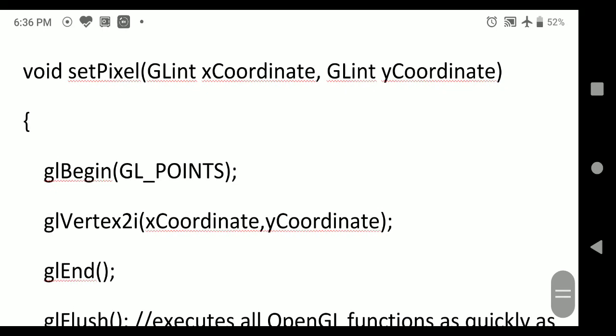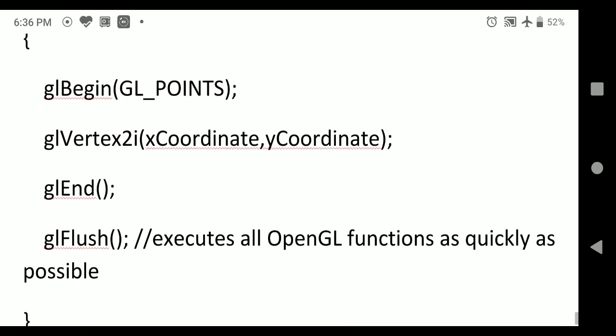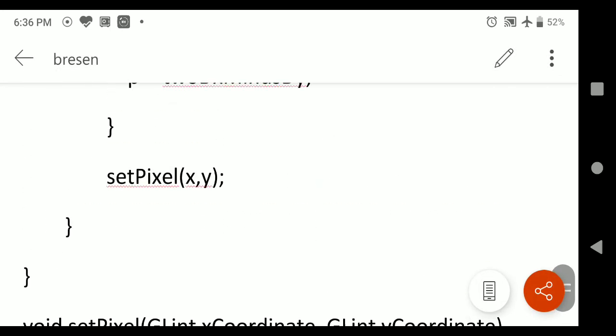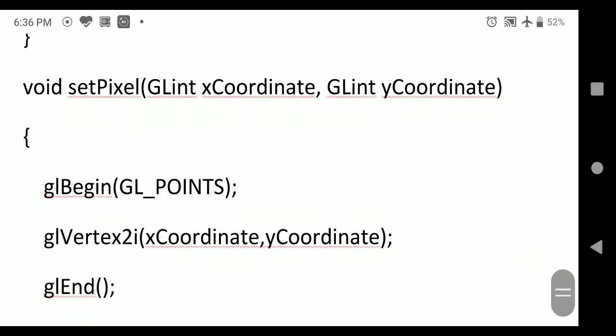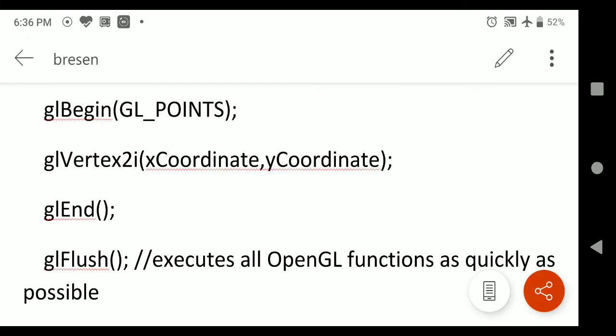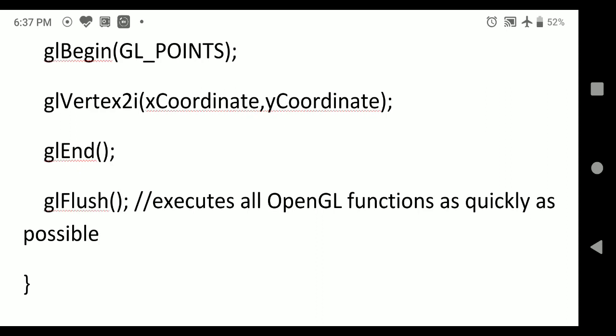The set pixel function is a general graphic function which is just going to draw the GL points. The GL points symbolic constant represents that we are highlighting the pixel. So whatever values we are passing through the set pixel function, that is x and y, those will be acting as an input for GL points, and that vertex will be highlighted on the output. So in this way we will be able to cover all the types of lines with all the types of slopes available.